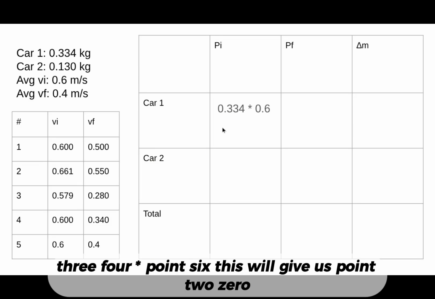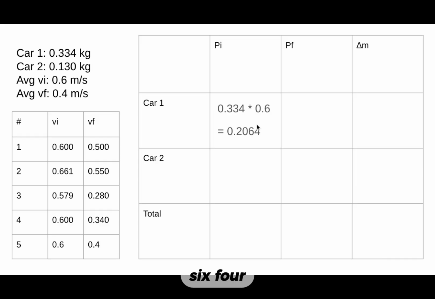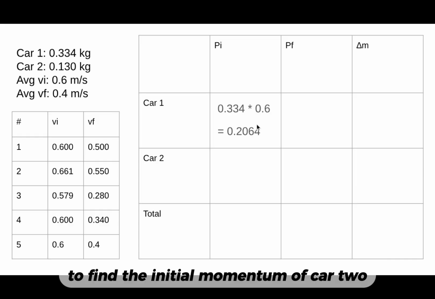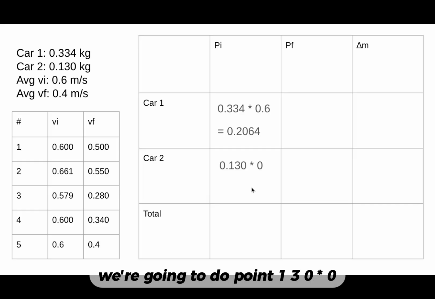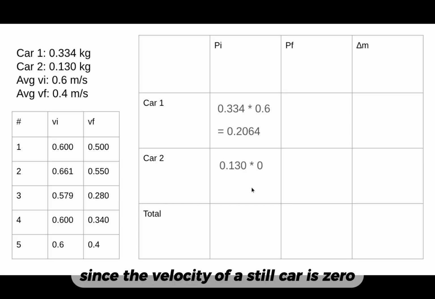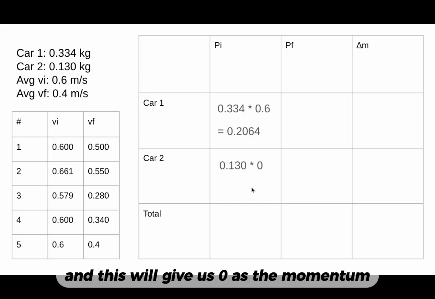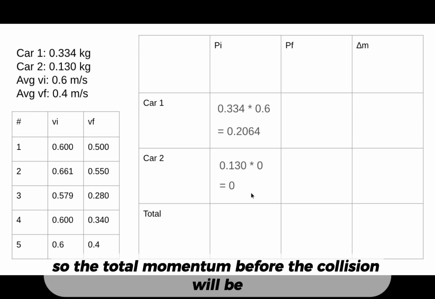This will give us 0.2064. To find the initial momentum of car 2, we're going to do 0.130 times 0, since the velocity of a still car is 0, and this will give us 0 as the momentum. So the total momentum before the collision will be